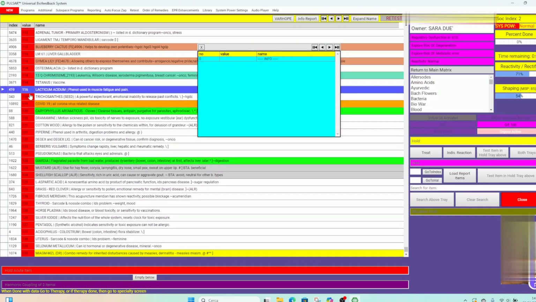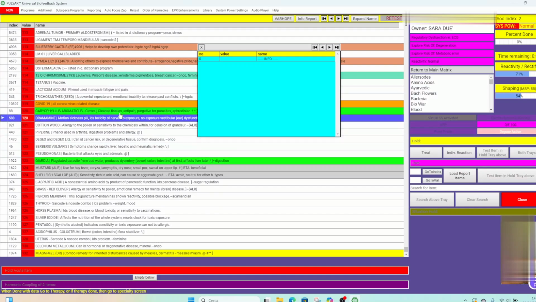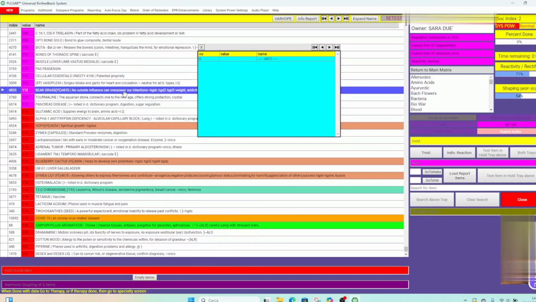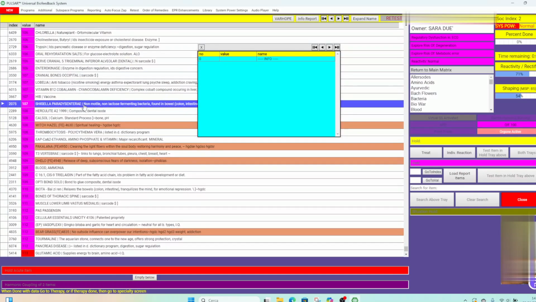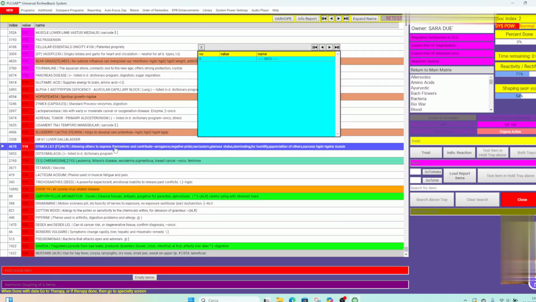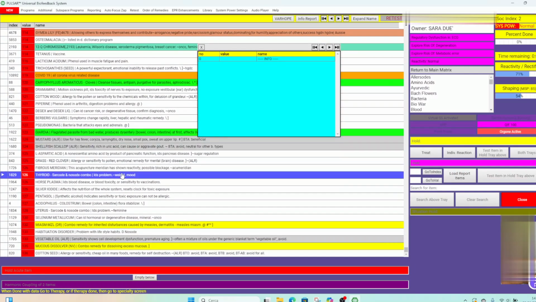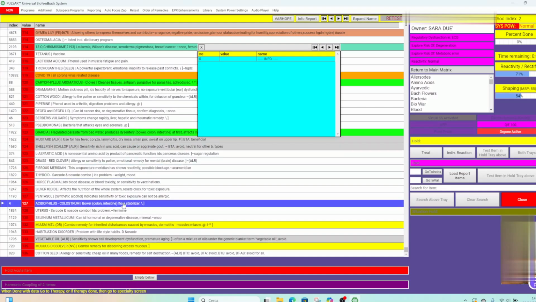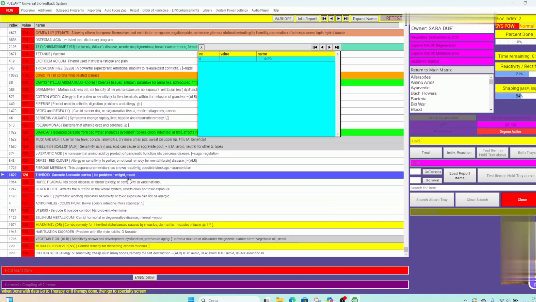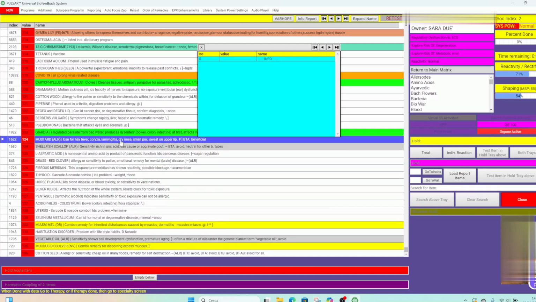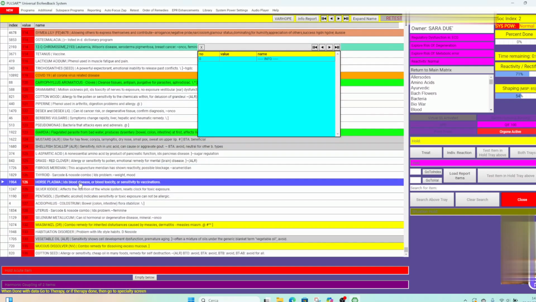So the red color on the left column, and the red color in the line is the signal that there is something that is a priority to balance. So, for example,